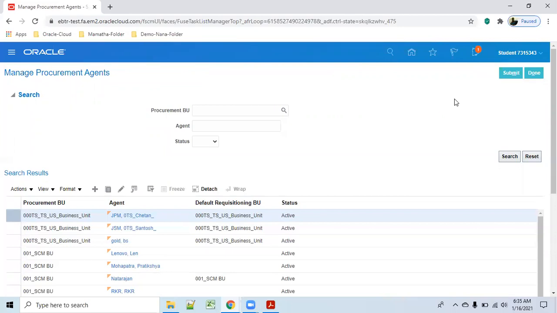Your BU is ABC, so if you want access to other BUs under your legal entity, like XYZ or PQR, then you need to be given procurement agent access. If you don't have that, you don't have any permission to see the PRs, the POs, the agreements of the other BU.